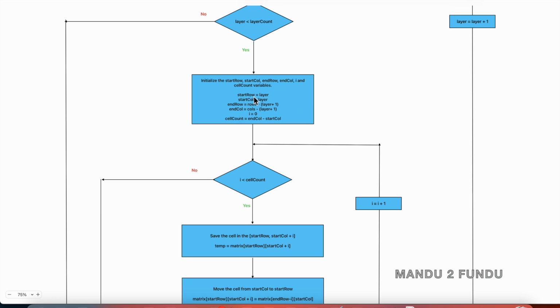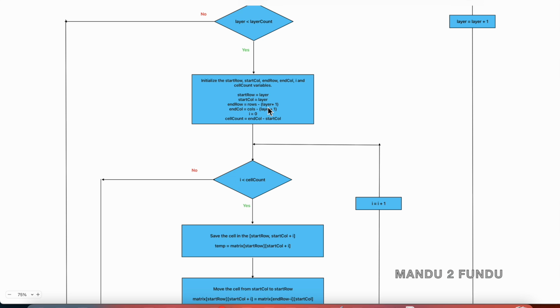The start row and start column is equal to that layer number. So basically the start cell is always present in the location diagonally, and the end row and end column is the total number of rows minus the current layer number plus 1. That is the location where the last element is present,